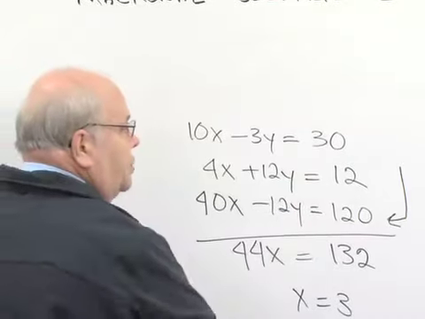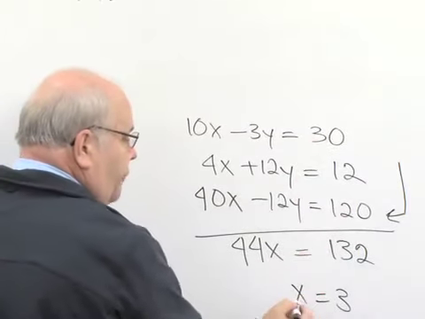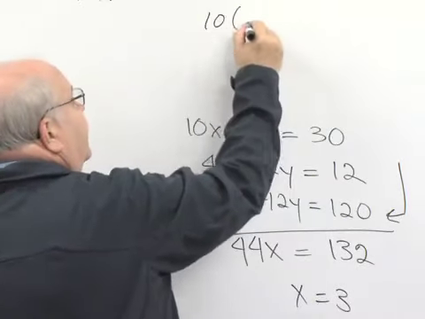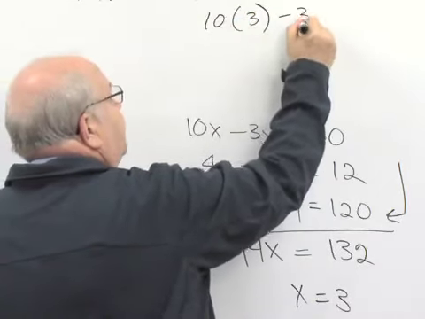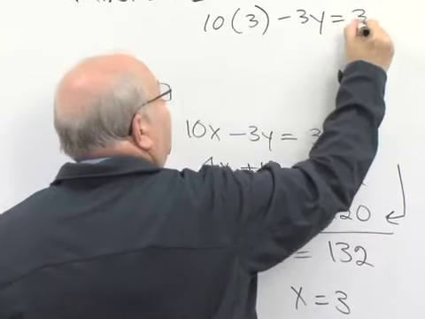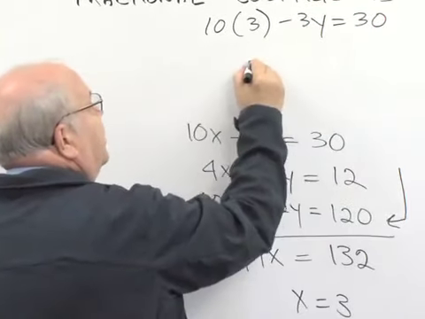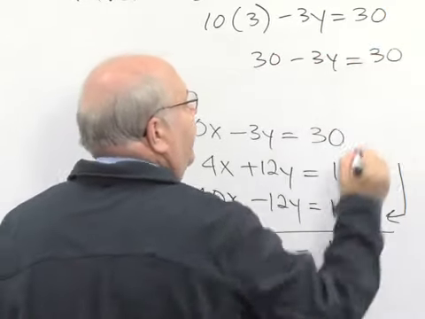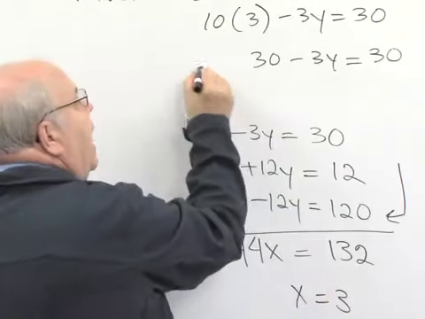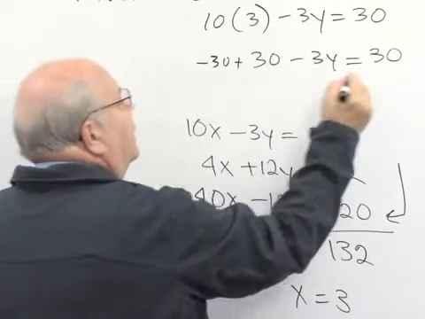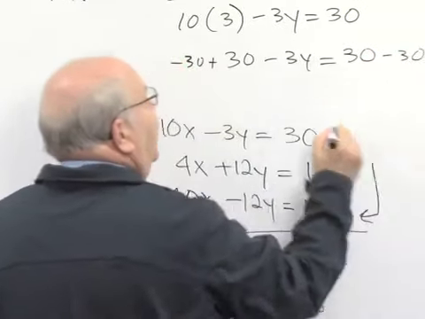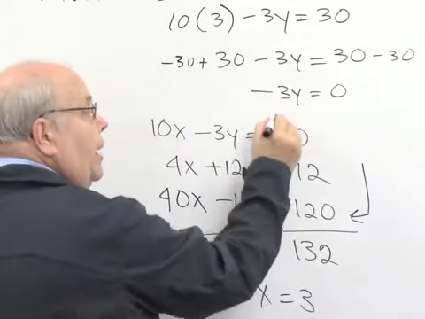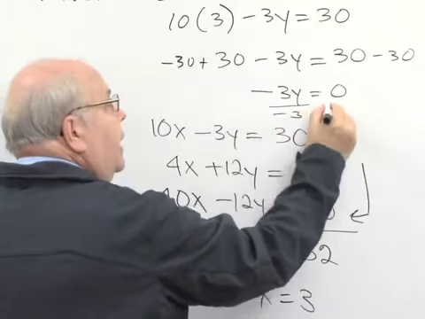10x minus 3y equals 30. If I know x equals 3, I have 10 times 3 minus 3y equals 30. 10 times 3 is 30. Now watch something happen here. If I were to add negative 30 to each side of the equation, I get minus 3y equals 0. When I divide both sides by negative 3,